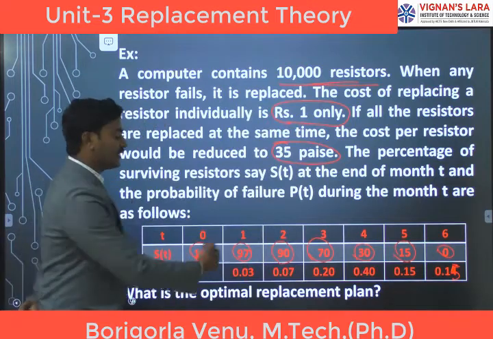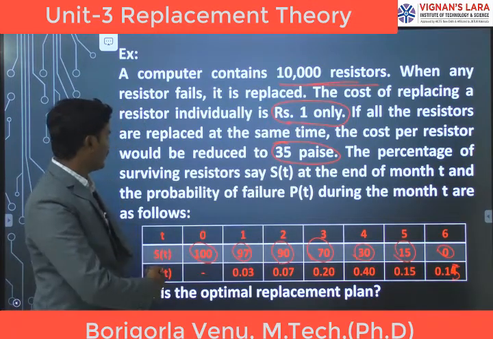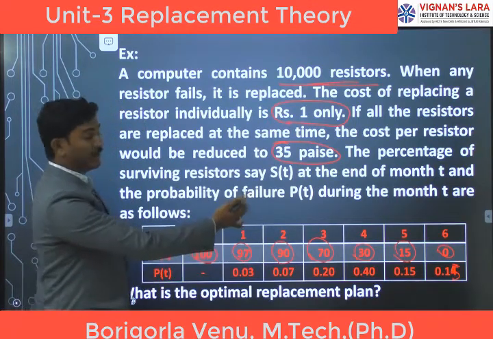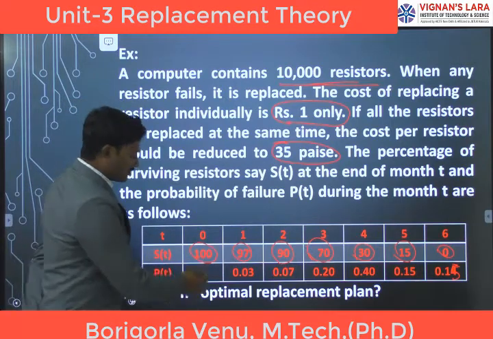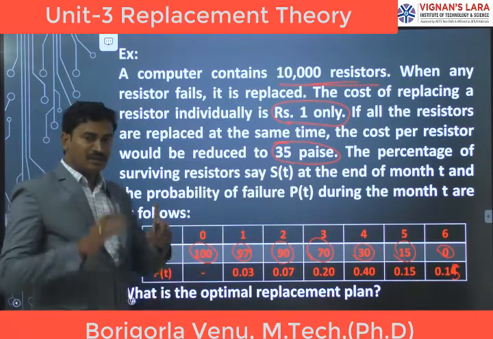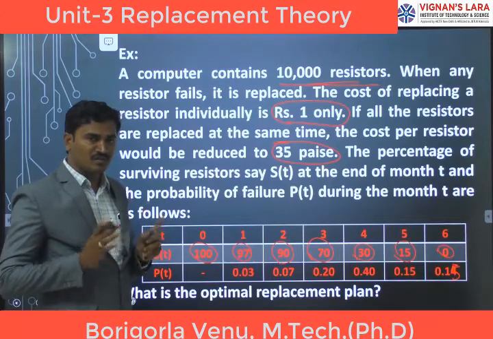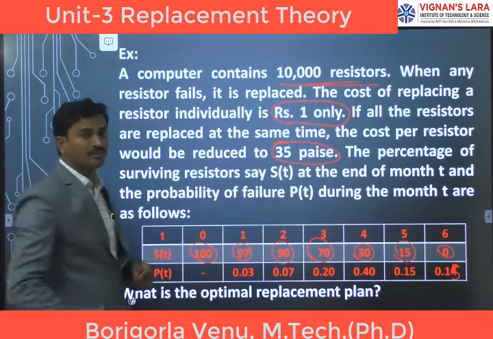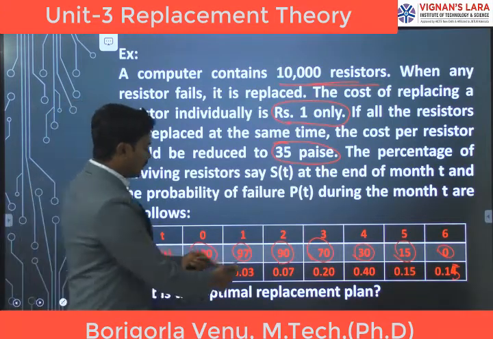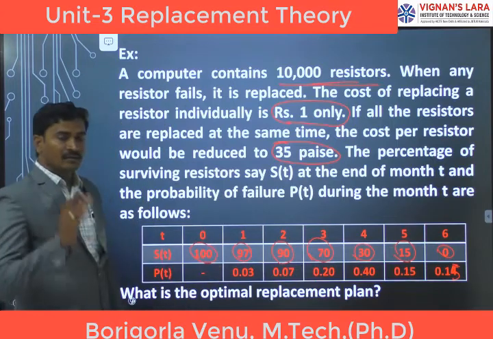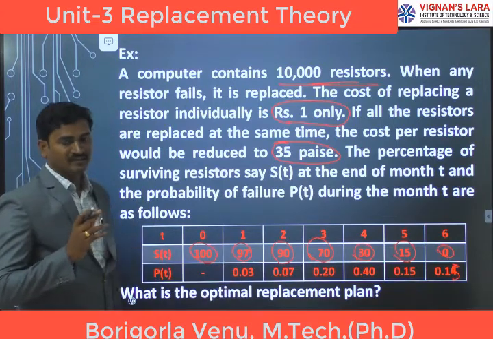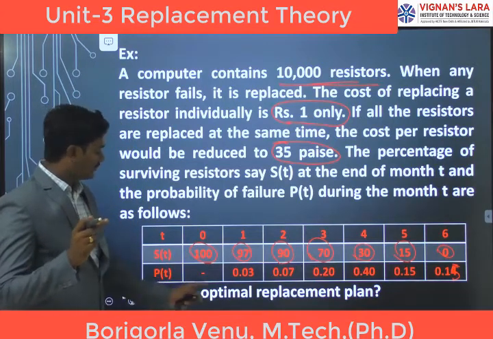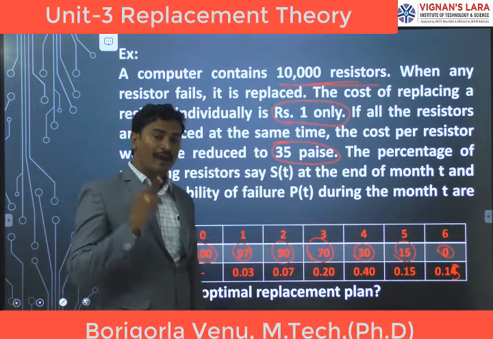Next, the probability they are given. Which probability are they given? The probability of failure. At the 0th month, initially we are installing, and at that time there is no failure. So 100 are alive, so there is no probability. Next, coming to this 0.03. Here one important thing: in some examples they don't give this probability. We have to calculate the